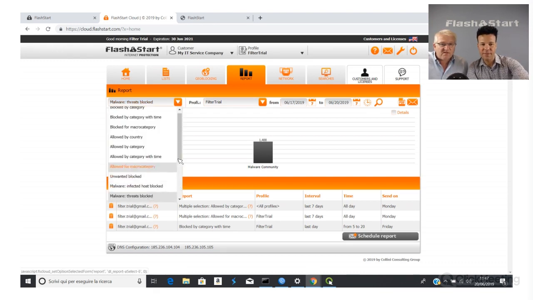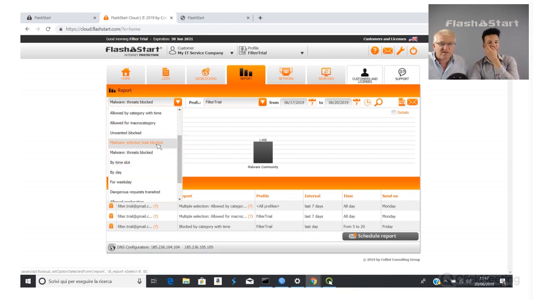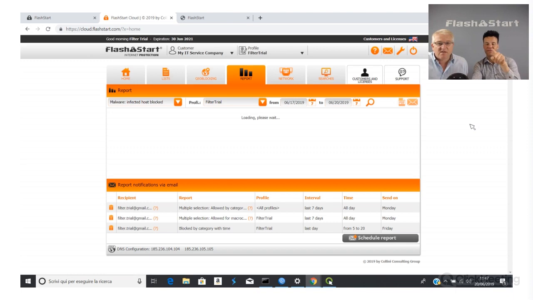Domain blocked. Go down. I think it's infected host. Let's have a look at infected host. Okay. And detail. Actually, yeah. So we're now looking at websites that are infected, and they may be transitory. A lot of malware gets injected into the website against the owner's knowledge. It stays there for a short time and then comes back out. So we detect the insertion and then the removal of that malware in real time. And that's part of the service we're providing you.